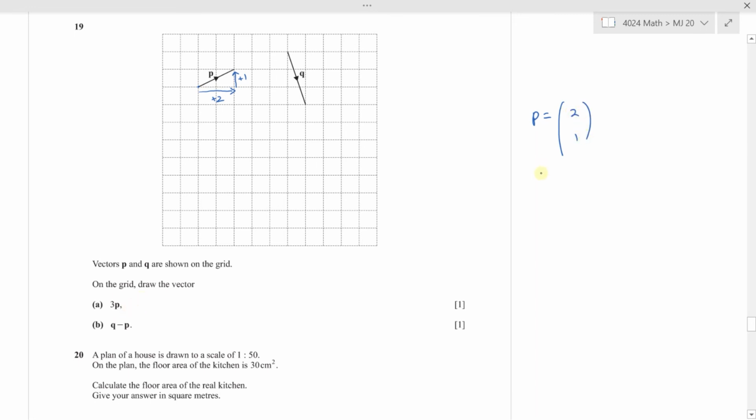And now you have to calculate 3p. So 3p will be 3 into 2, 1, which is 6 and 3. So that means let's draw it here. If I start, let's say I start from here. I have to go 6 in the x direction, 1, 2, 3, 4, 5, 6, and then 3 in the y direction, positive 3, 1, 2, 3. So I'll end up here. So if I connect them through a straight line, this will be my vector